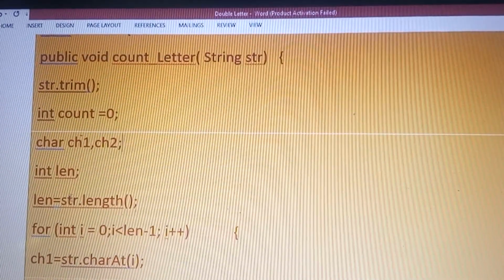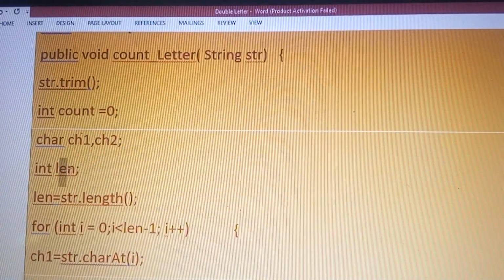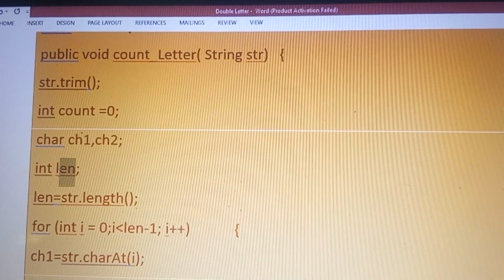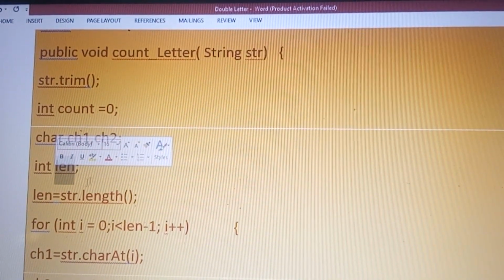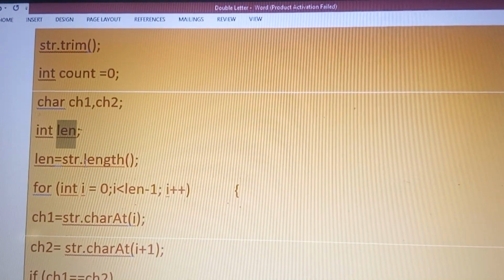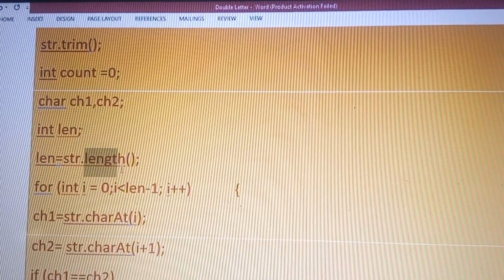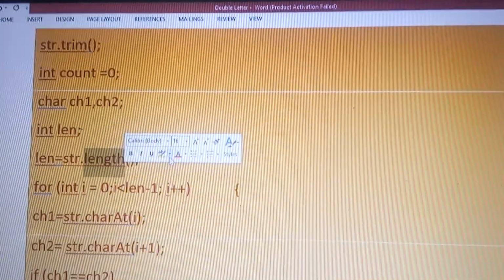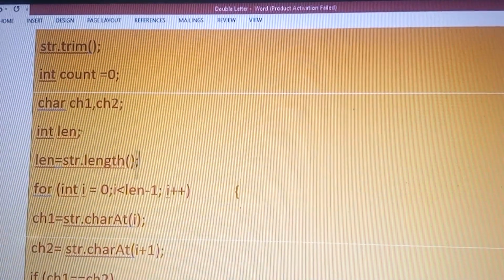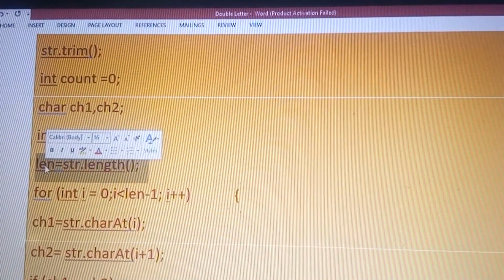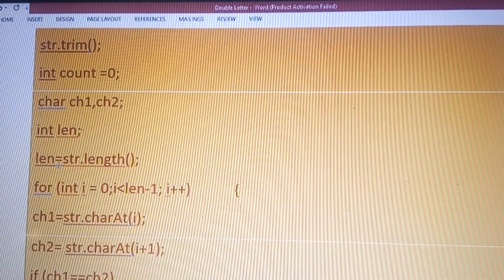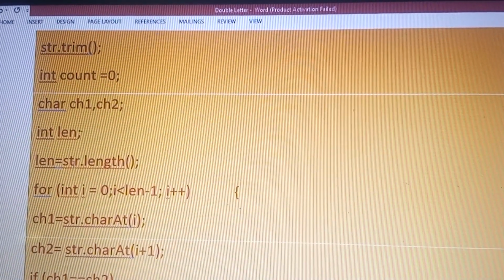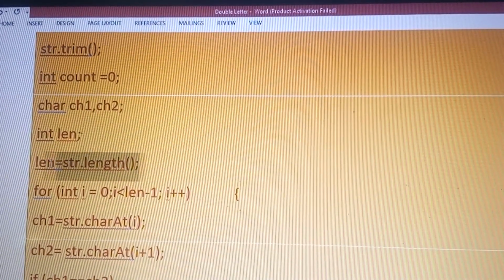The variable len is used for storing the number of characters in the given string. We use the length function for finding the number of characters in the given string, and it is assigned to the variable len.